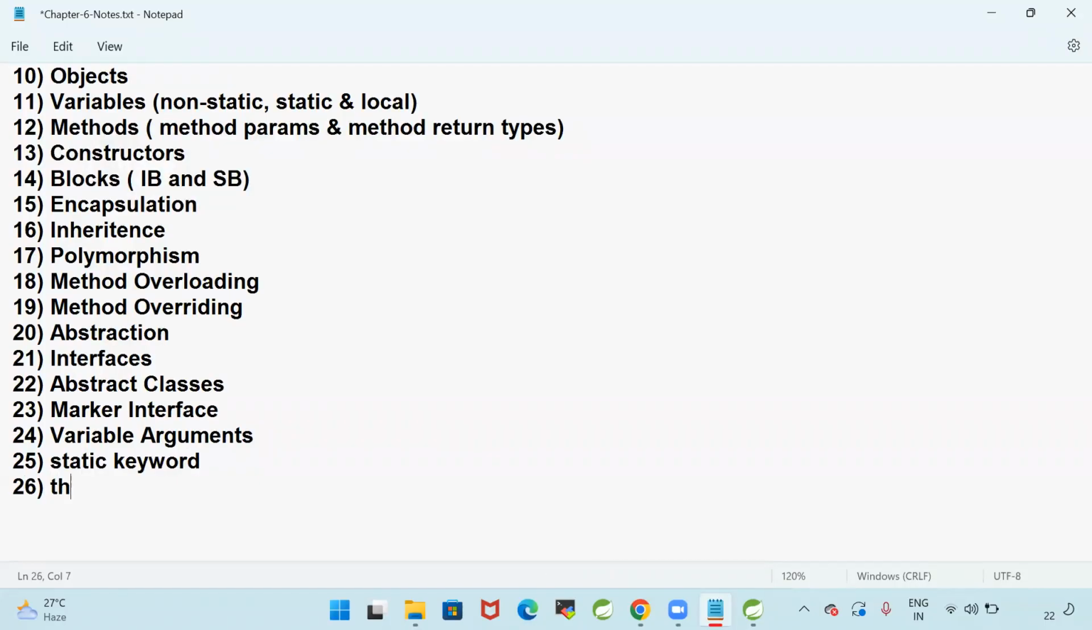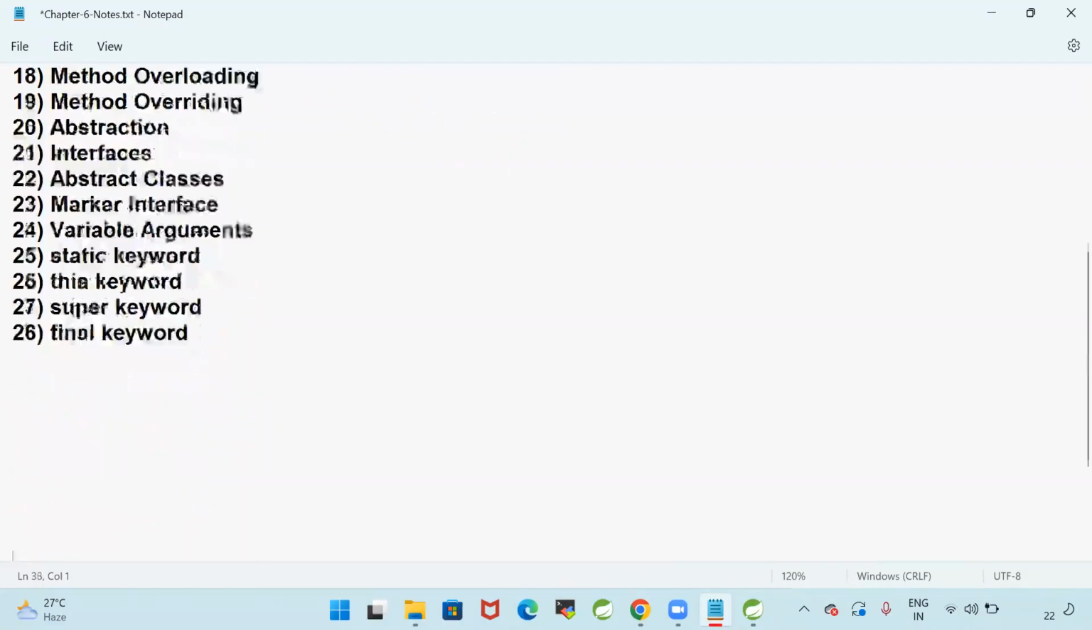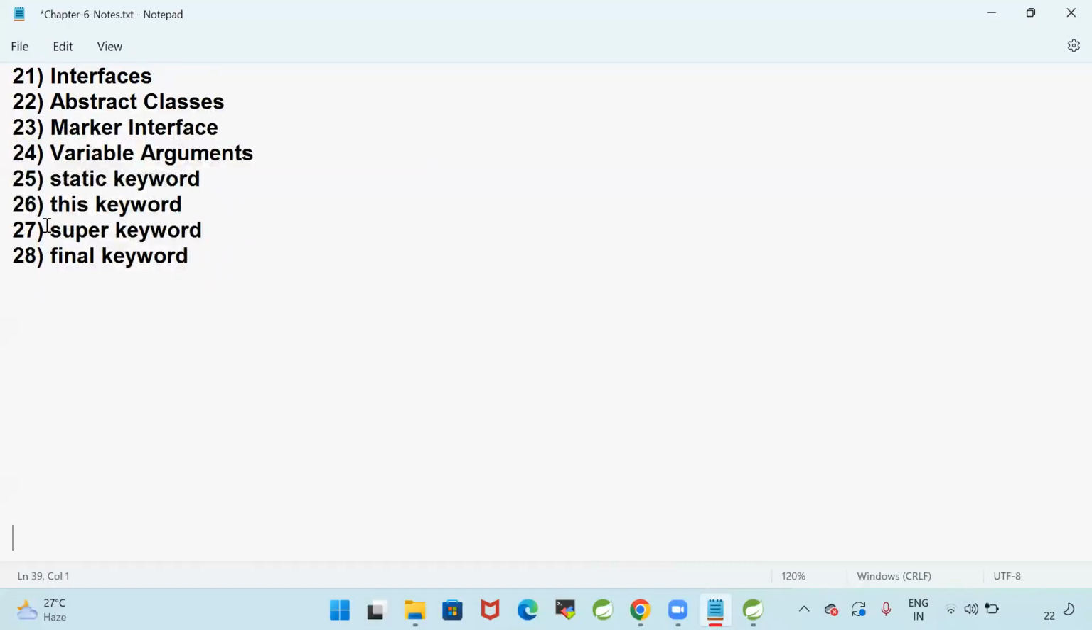this keyword, super keyword, and final keyword. What is the difference between this keyword and super keyword? This is used to represent the current object. Super is used to refer to the parent object. We also discussed the final keyword, constant variables, immutable classes, and that methods cannot be overridden if they have the final keyword. Then after that we discussed